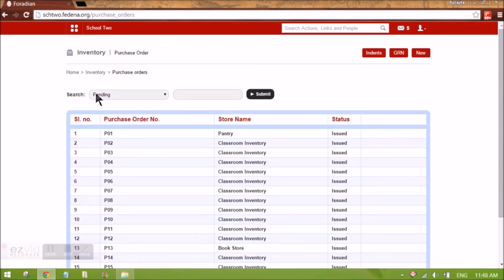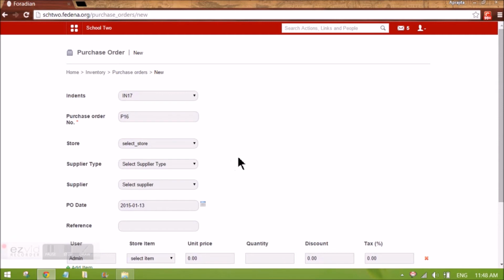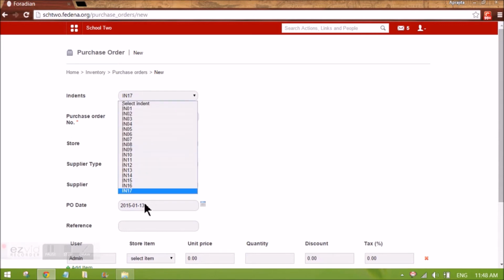Now as a store officer, I have to go to this purchase order, and I need to maintain the quantity of the items in the store. So now I have 800 chalks. Let's say I want to raise a purchase order for 100 more chalks. I'm going to go to this new, and I'll be selecting the indent in case there is a related indent, meaning that if an employee is raising an indent for 1000 chalks, but you only have 800 available, in that case you can raise a purchase order related to that indent.